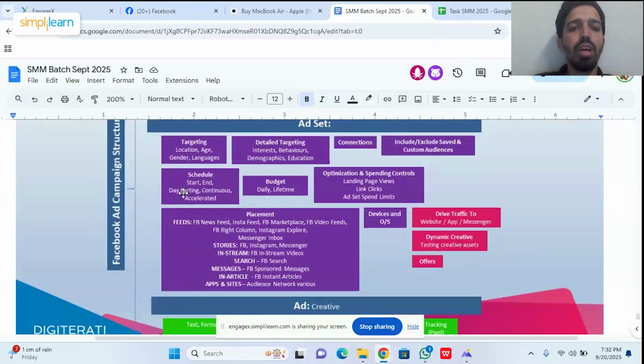You can have the advertisement running in a day format, like Monday to Friday, Saturday to Sunday, that day format also, and you can definitely accelerate it as well. And budgets will be of two types. One is daily and then one is lifetime. Now daily is in the sense that daily the money will be deducted from your account, and then lifetime is you're having